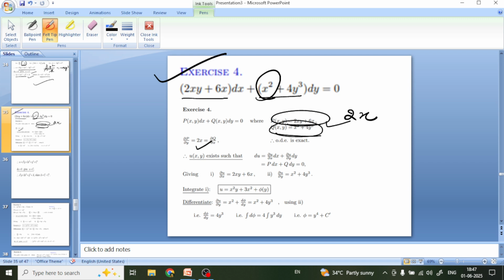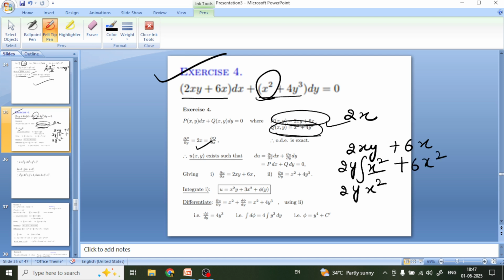We will find x square y plus 3x square plus phi of y. How? 2xy plus 6xy. You have to find its integration, and you will see x square over 2, and 2 ones are 2, 2 threes are 6, 2 cuts with 2, so x square y plus 3x square